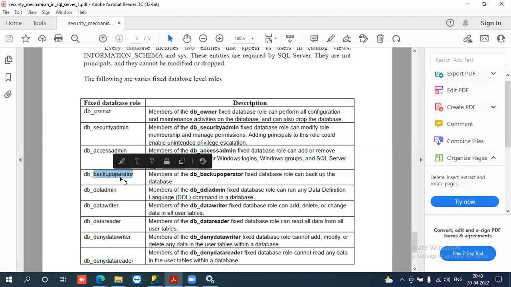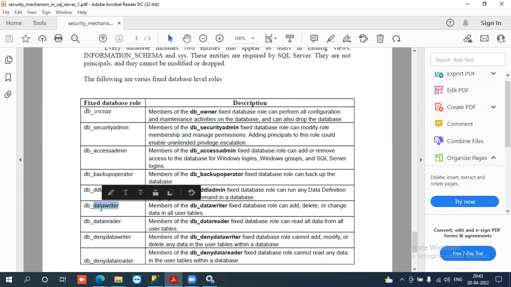Backup operator takes backup of that database. DDL admin can perform DDL, which means create, alter, drop, truncate. These kinds of operations. Data reader can perform only read access. Sorry, data writer, he can